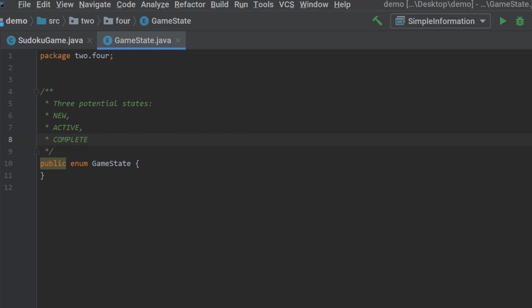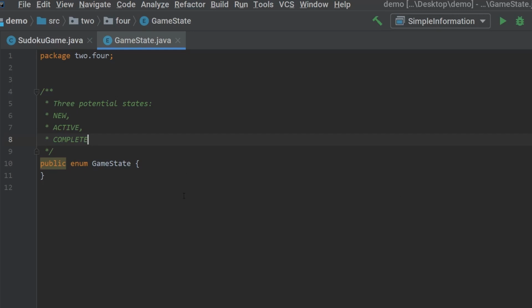Some of you may have decided that you could represent the different states using integer values, maybe 1 for new game, 2 for active game, 3 for complete game. Some of you may have decided that using strings could also work, since you could actually write out each state in a very legible way. Whatever approach you thought of, they all have different benefits and drawbacks which must be considered. Since this is a very small application and I know memory consumption will not be much of a problem, I decided to use a data structure called an enum.